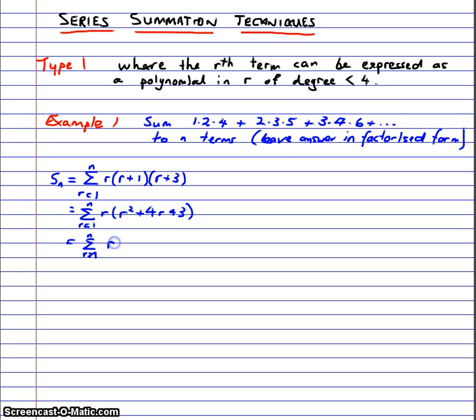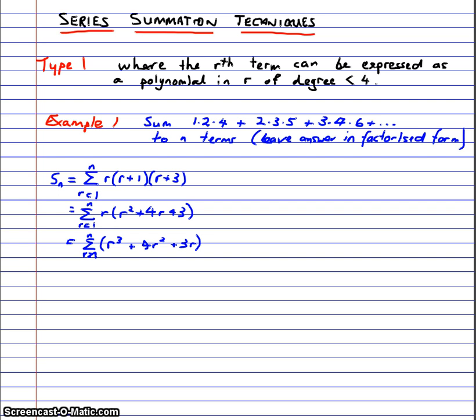So that it becomes r cubed plus 4r squared plus 3r. Okay, so that's our expression that we're summing. Alright, now we're going to use our